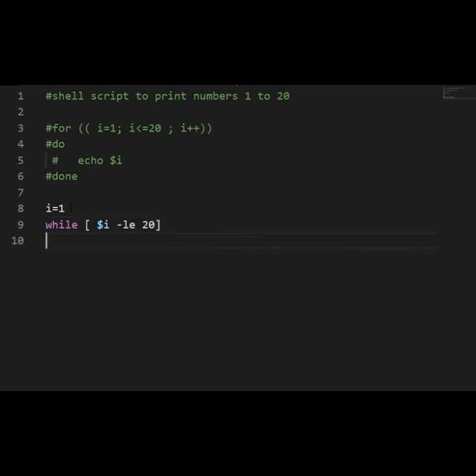If it is less than 20, then do. What to do? We are supposed to print the value that is present in your variable I. After this, for each and every iteration, we are supposed to increment the value of I by 1.